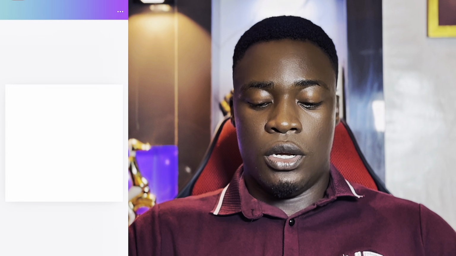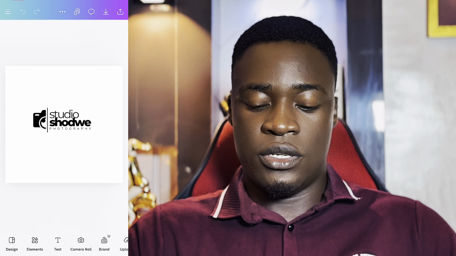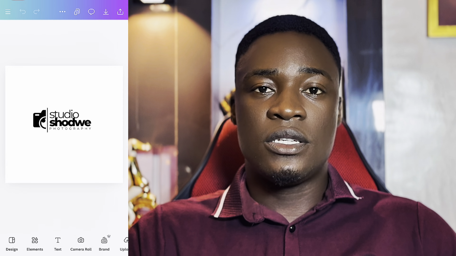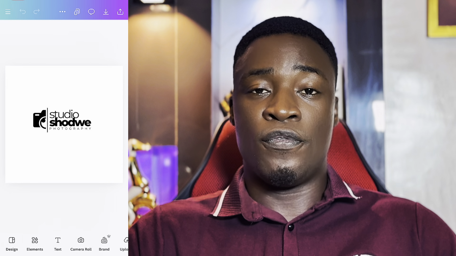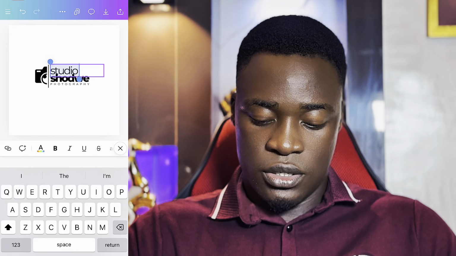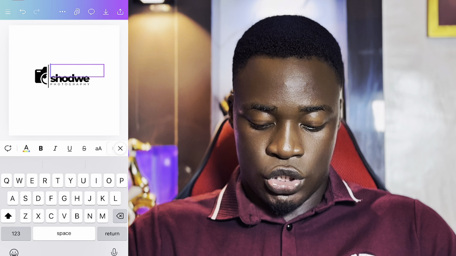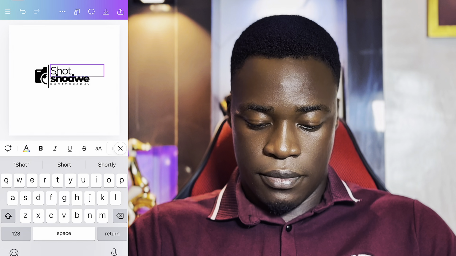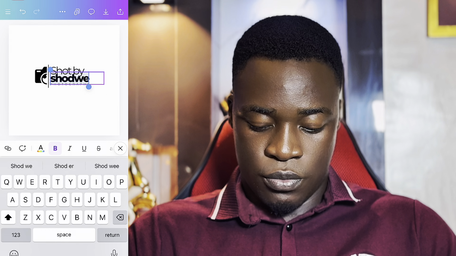So now it's loading. Immediately the logo loads on the Canva app, you can edit all the text on this logo. You can edit all the text on this logo, and also you can see something like this. It's for a photographer. All we need to do is to just click on this text, double click on it, then clear, shoots by, can you see? Then you click the second one, shoots by Kizo